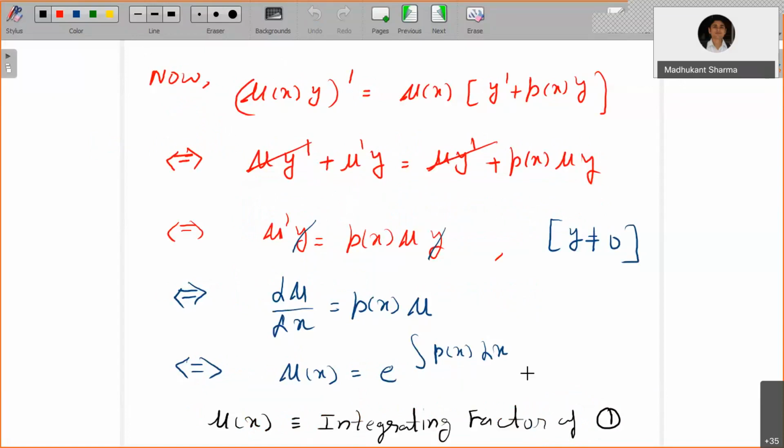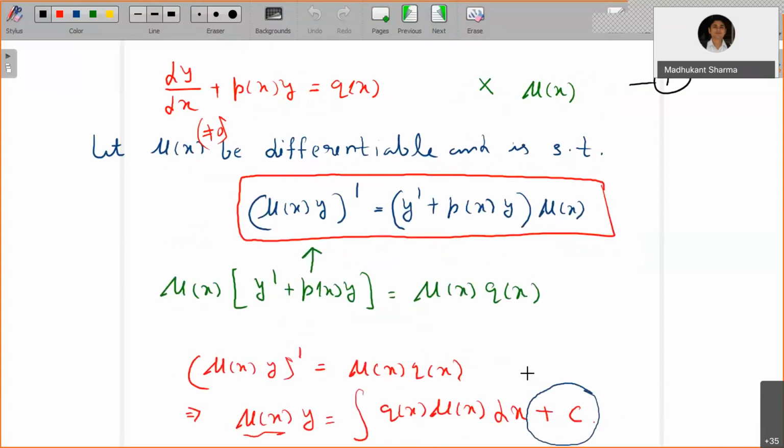Now it also proves the existence of the solution, provided the required condition holds. If you are trying to apply Picard's theorem here, what is necessary is that the function f of x comma y needs to be continuous. So what is f of x comma y? It equals q of x minus p of x times y.